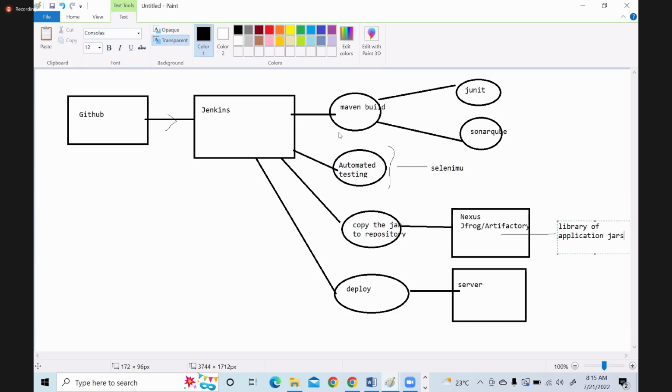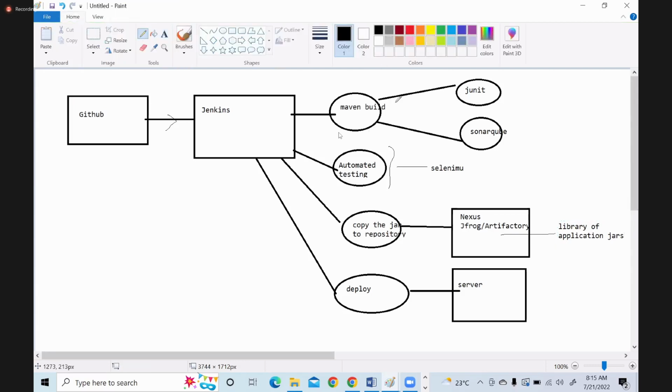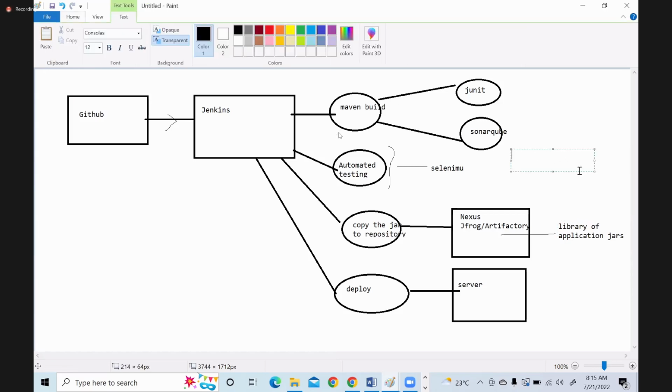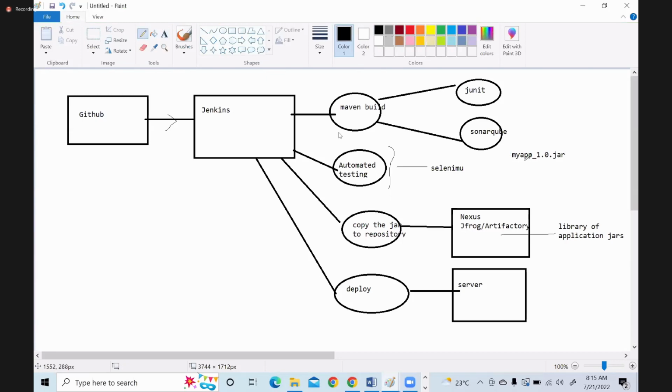So, for example, you take a build. Okay, you create one project with version 1. And the jar that is generated by your Maven will be, say, for example, let us take myapp1.jar. This is the name. 1.0 is the version. So this jar will be copied here, and then when you deploy, that jar will get